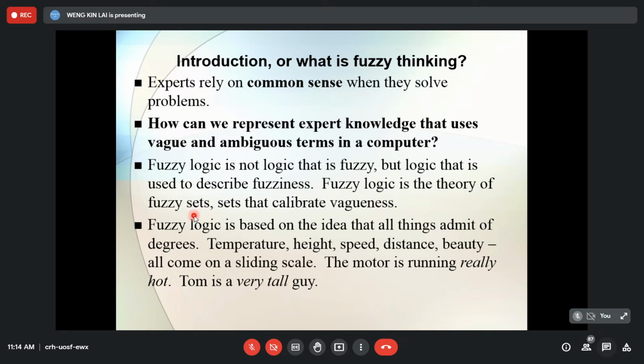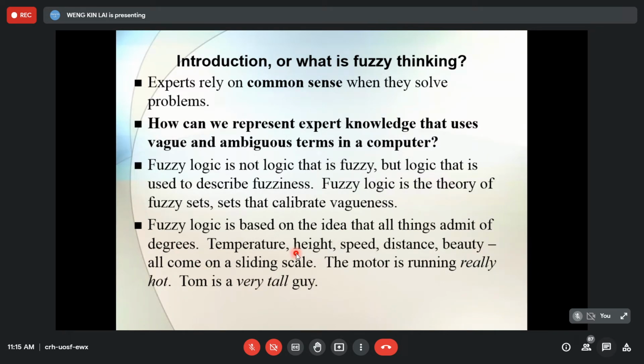Furthermore, fuzzy logic is based on the idea that all things admit of degrees. What does it mean? It means that, for example, temperature, height, speed, distance, beauty all come on a sliding scale. So if you were to expand this, two examples. The motor is running really hot. How hot is hot, right? Really hot. So to me, hot means